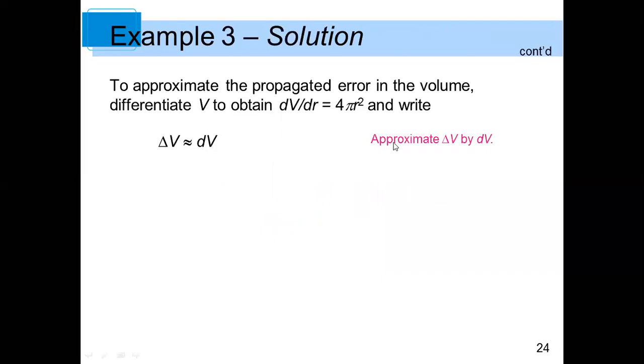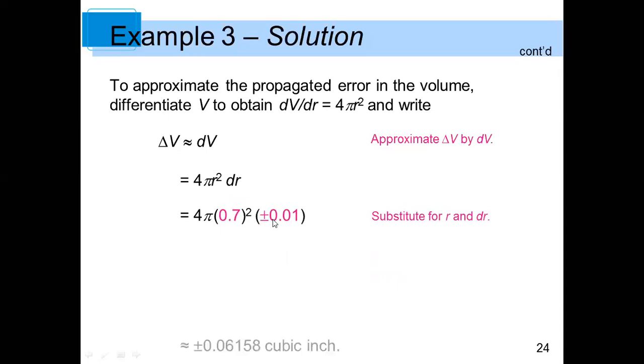So to approximate the propagated error in the volume, differentiate V to obtain dV/dr. So dV/dr is 4 pi r squared, and delta V is approximately the differential dV, which is 4 pi r squared times dr. So 4 pi times the radius squared, which is 0.7 squared, times plus or minus 0.01. We're doing both at one time. So if you do that, you would have